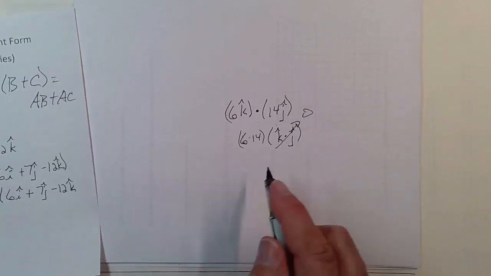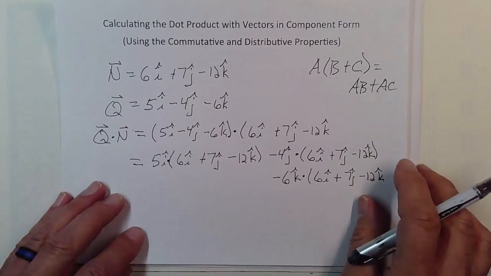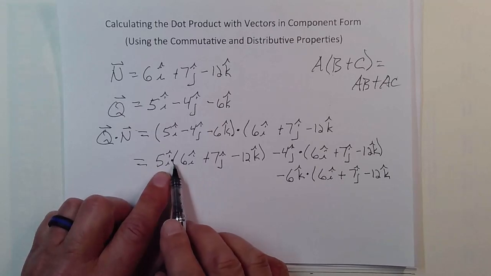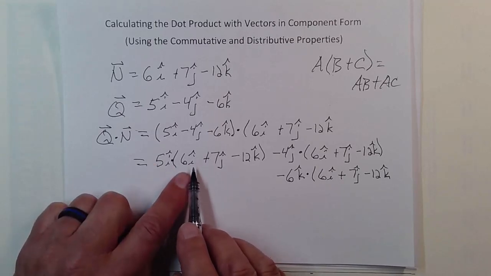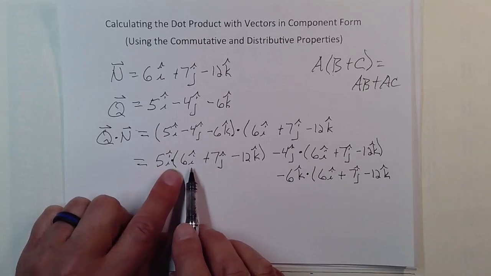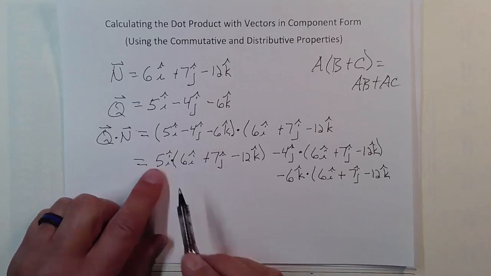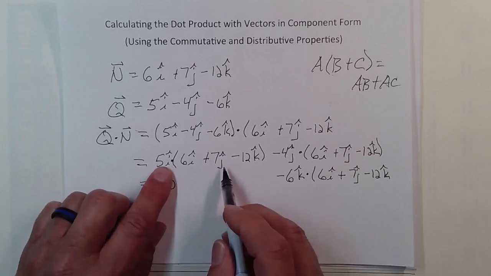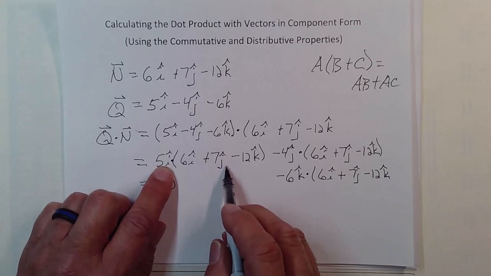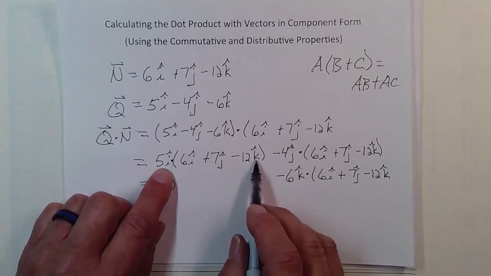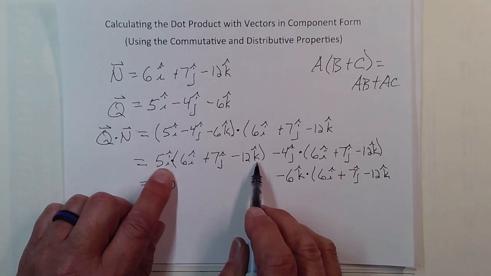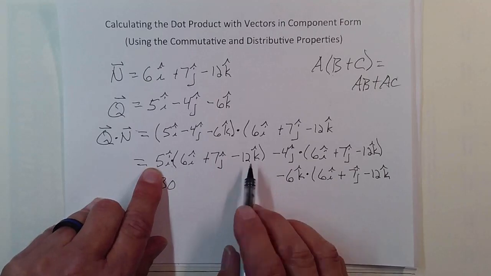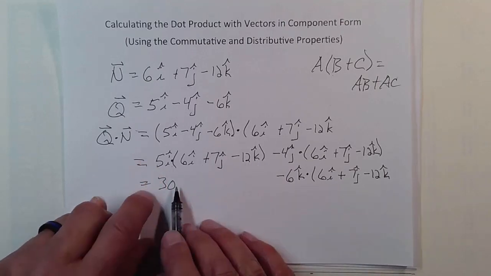And we've got a whole lot of 0 products in here because I hat dotted with I hat, that's 1. Remember, it's the magnitude of I hat, which is 1, times the magnitude of I hat, which is 1, times the cosine of 0, which is also 1. So this one is just going to be 30. But here I'll have I hat dotted with j hat. That's 0. And then I'll have I hat dotted with k hat. That's also 0. So out of this first set of products that I'd have, 3 different dot products, only the